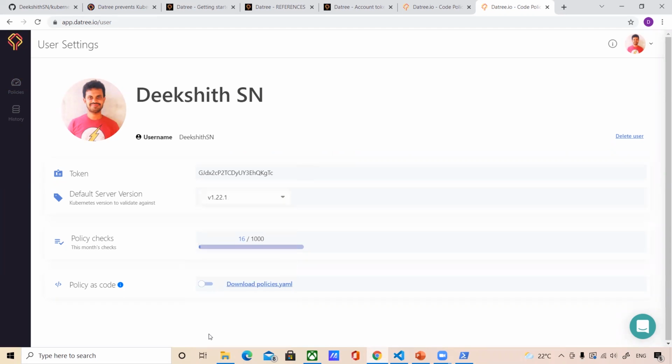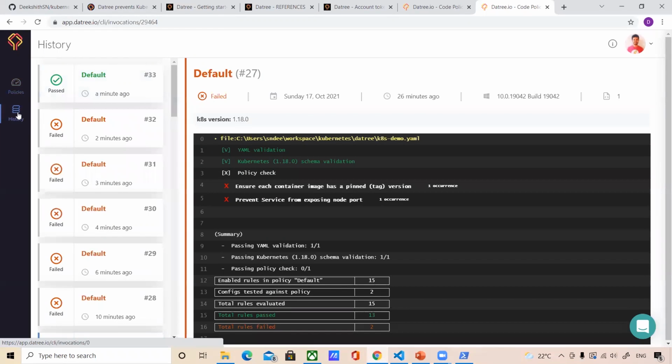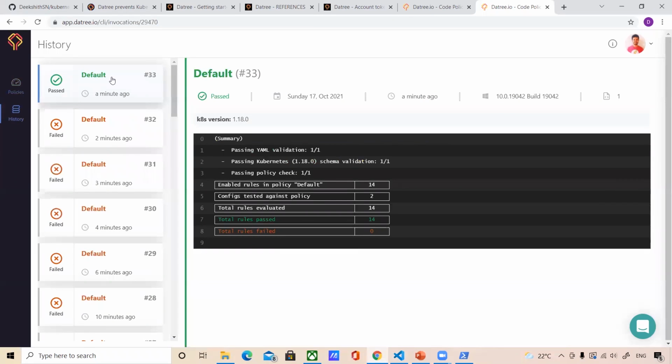And one more thing is if you are connected to this particular dashboard, you can see the history. Whatever executions that I did, 2 minutes back, 3 minutes back, and also a minute back, all the rules and all the YAML validation and also schema validation was successful. And that particular run also you can see here. So you can manage this dashboard centrally and you can connect many machines and also many CI tools to this particular dashboard and you can execute Datree commands to verify your Kubernetes manifest files or Helm charts, or if you want to use this dashboard and run some CIs, that is also possible.